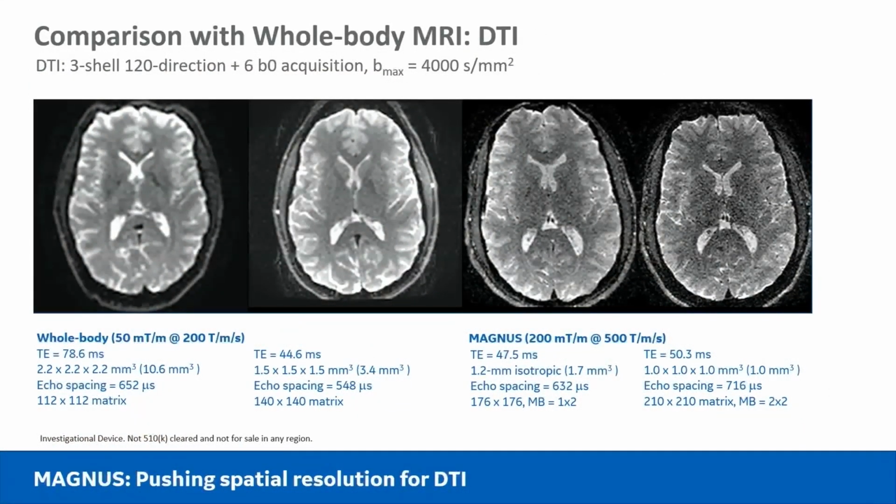The Magnus are designed for excellence in diffusion imaging. Here are some pictures from a standard 3-shell DTI with a Bmax of 4,000. These images are from the B0, of course. If you take a look at the left